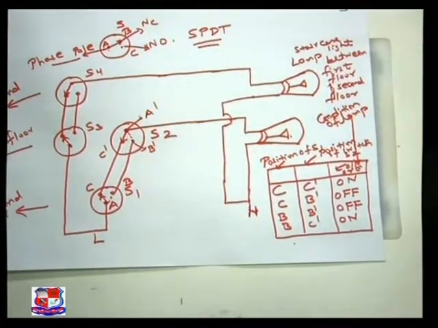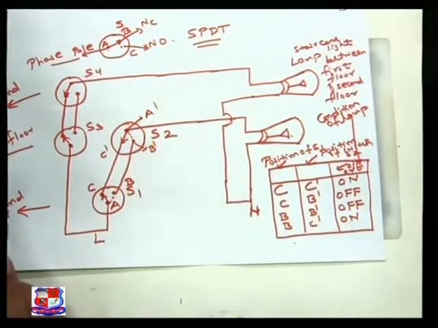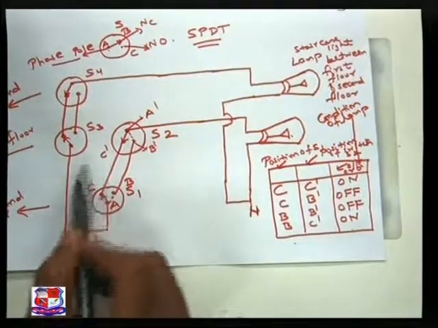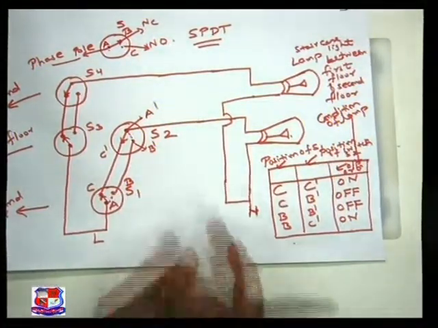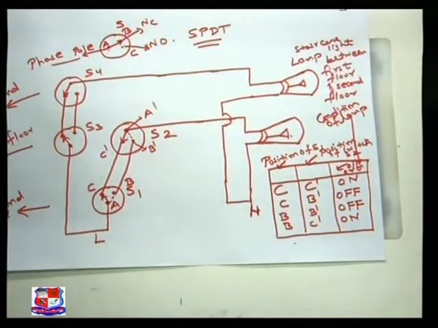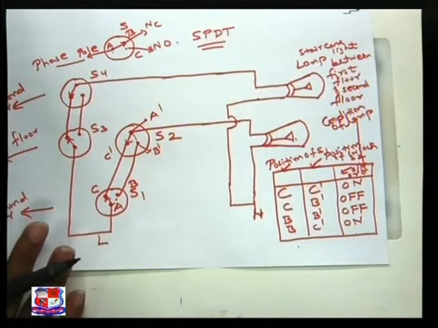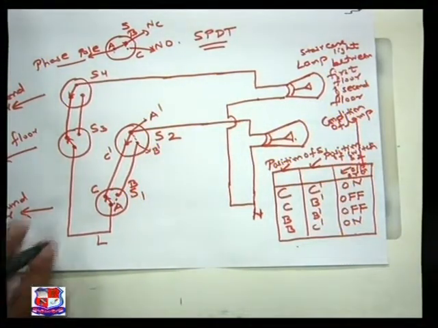So what you should do is the same thing you can do with S3 and S4. So this is the truth table and how these switches will operate, how this lamp is going to get on and off. So this table shows a clear picture, actually, of how this circuit is going to work. So a better way is, if the question is asked for 7 marks, you explain in this way, right. Okay.